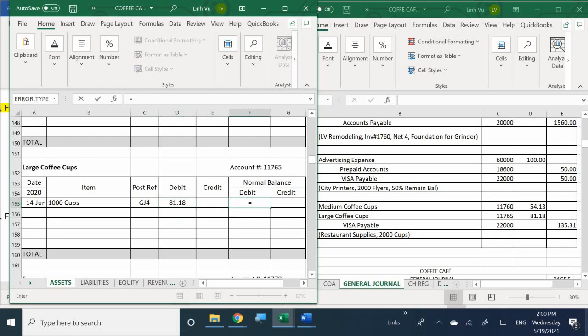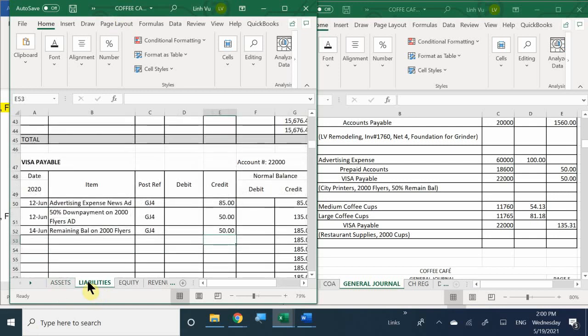Once again, because this is the only entry I have here, my beginning balance is still going to be $81.18. Okay. Last but not least,